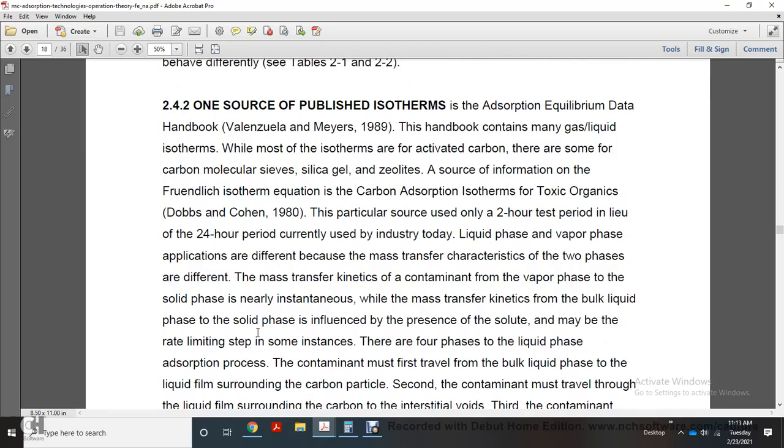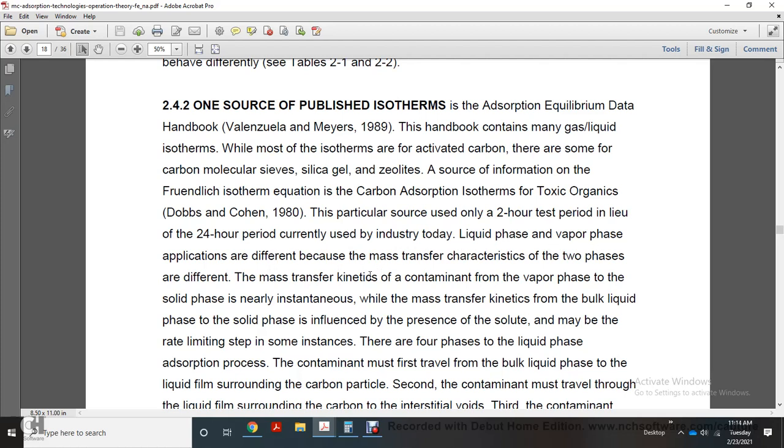There are some carbon molecular sieves, silica gel, and zeolites. Source of information: the Freundlich isotherm equation with carbon adsorption. Isotherm for toxic organics. Particularly, a 2-hour stress per day loop with a 24-hour period is used by industrial standard. Liquid phase and vapor phase applications differ because of the mass transfer characteristics of the two phases